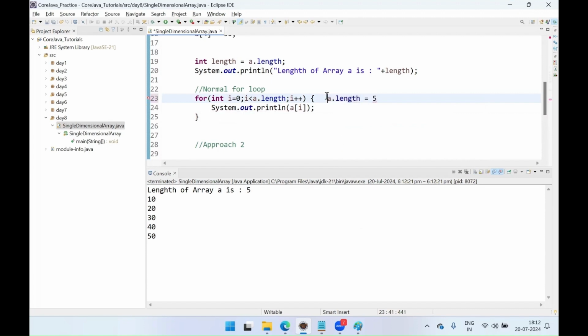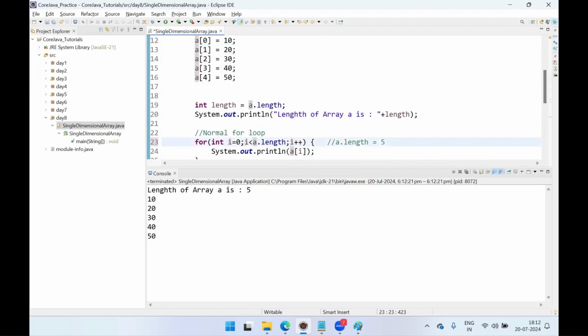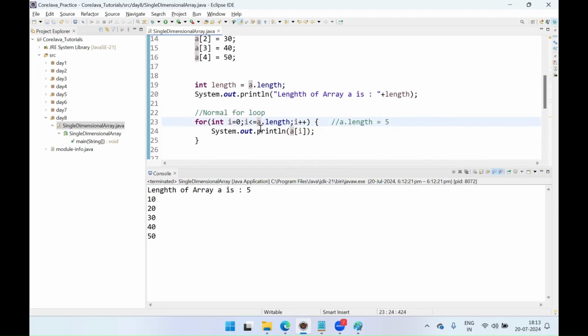A dot length is 5. I have given I less than 5, right? So up to 4 only it will execute. So 0 to 4: 0, 1, 2, 3, 4. Total we have 5 elements. If I am giving here I less than or equal to a dot length, then there will be an error